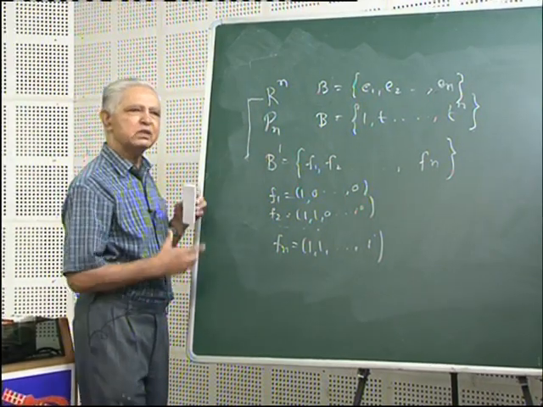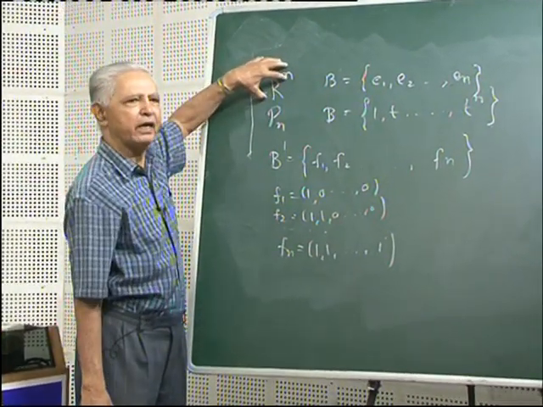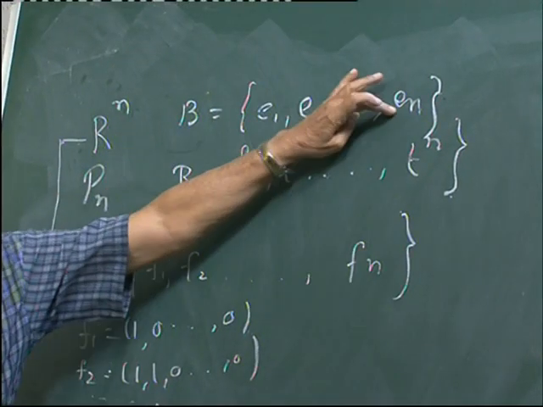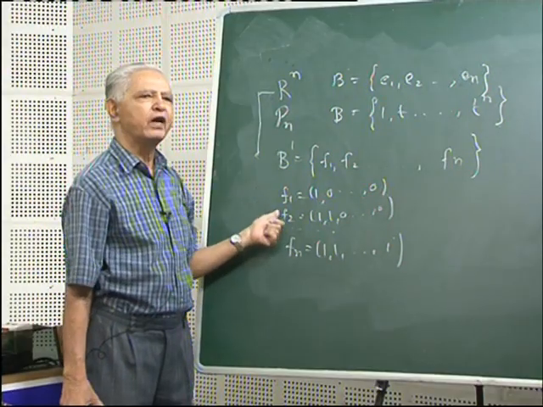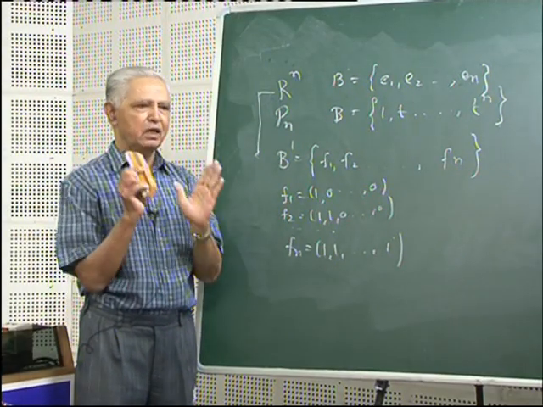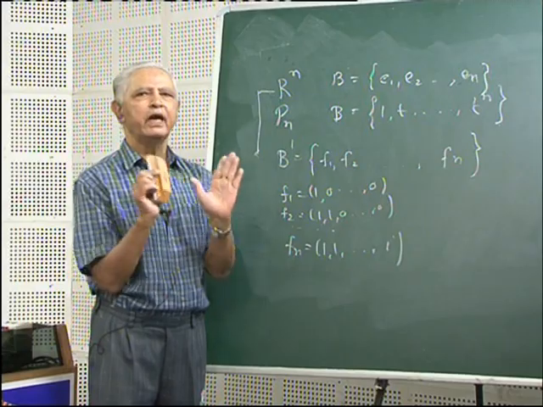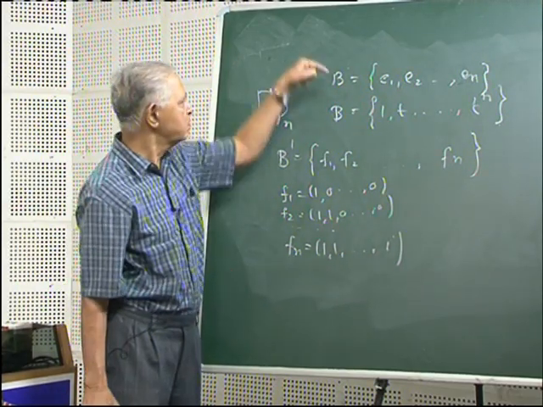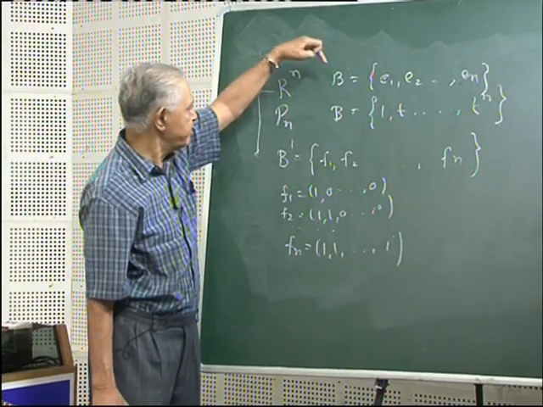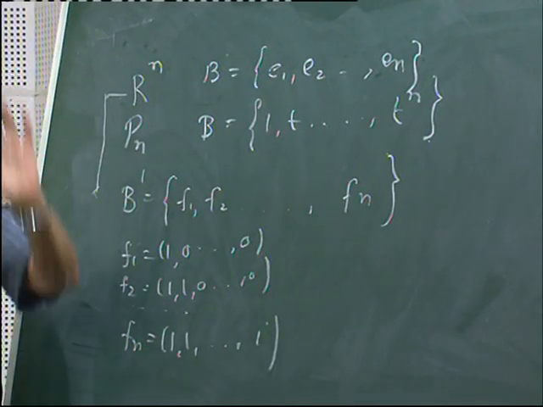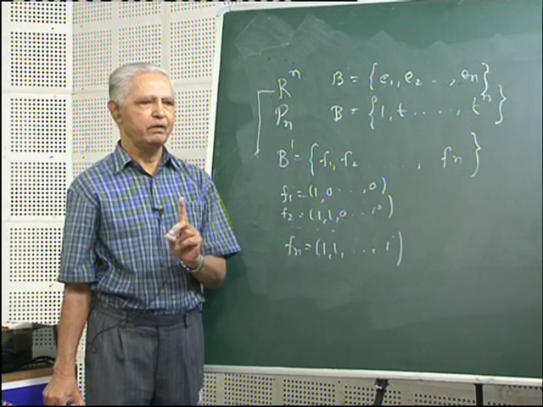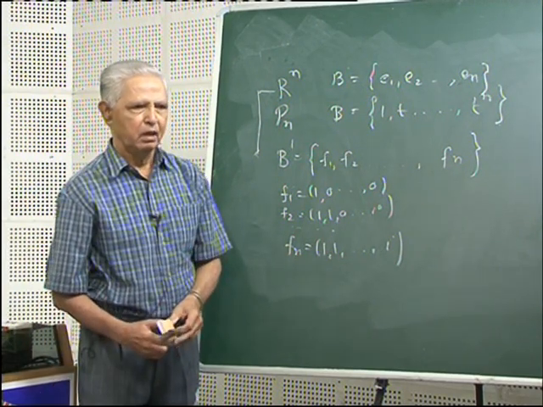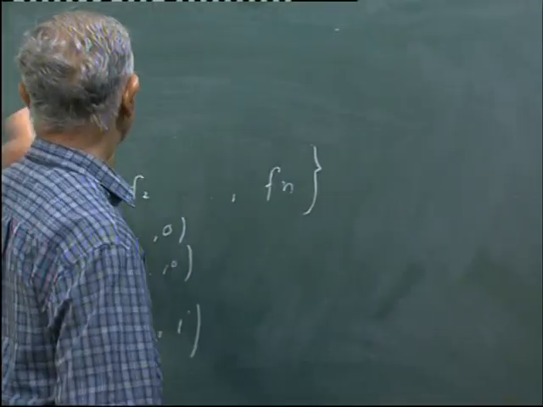That means our vector space R^n has two bases, one B = {e1, e2, ..., en} and second {f1, f2, ..., fn}. That means a basis is not unique in a vector space. But one thing we can see from both the bases is that B and B' have the same number of elements. Now, we prove this result in general, and for that we have the following theorem.